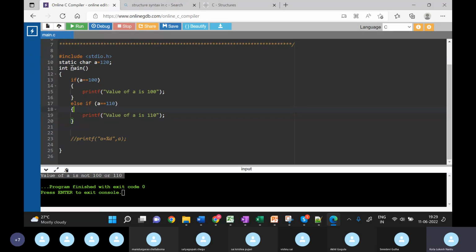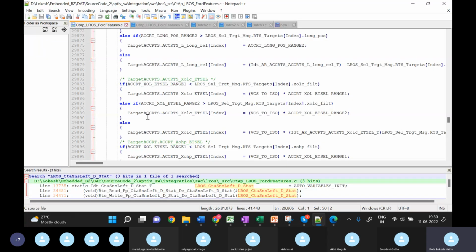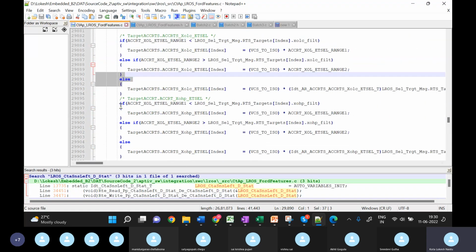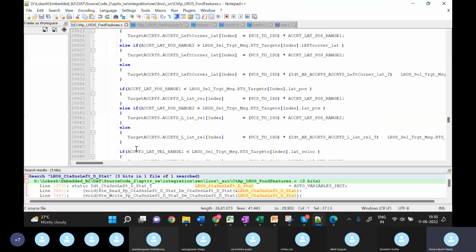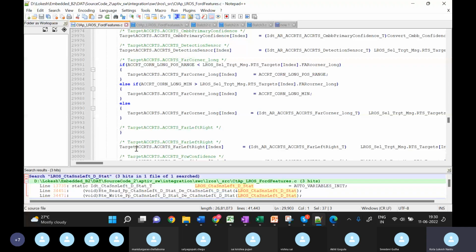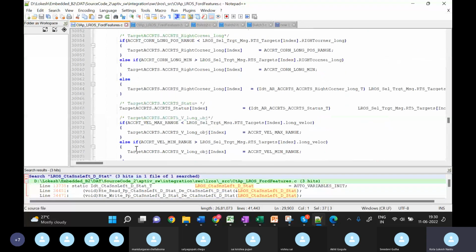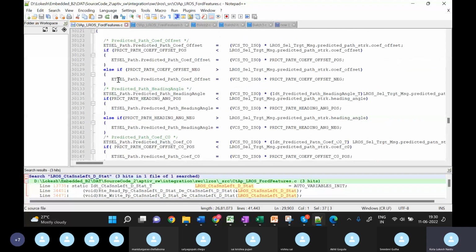What error will come? It will throw a compilation error. It's not throwing anything here, but definitely it should throw. In real-time compilers, it will not allow you to compile if you are not having the else. Wherever you use else if, there should be an else: if, else if, else. If you are having just if, then not having the else is fine. But definitely if you are having the else if,